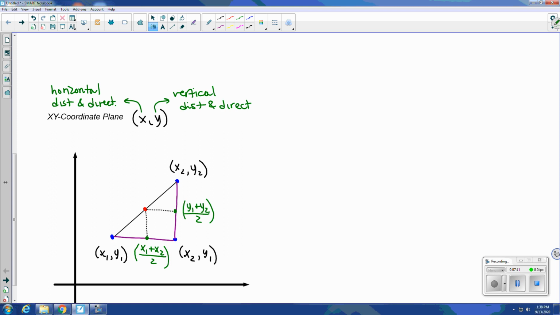movement. And as we can see here now, we're able to determine what the midpoint coordinate would be for this red dot. And that would be its x component should be x1 plus x2 over 2. And its y component should be y1 plus y2 over 2. And that is the midpoint formula. And this is for the xy coordinate plane. It is calculated, or I'll just say it's equal to